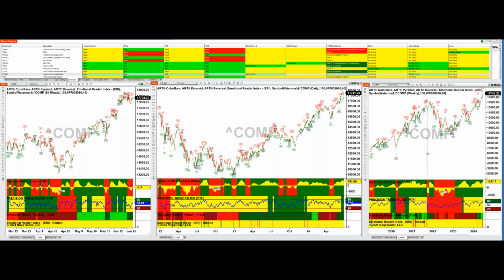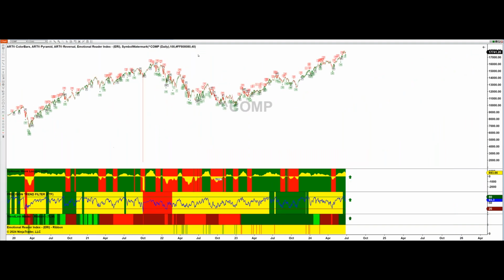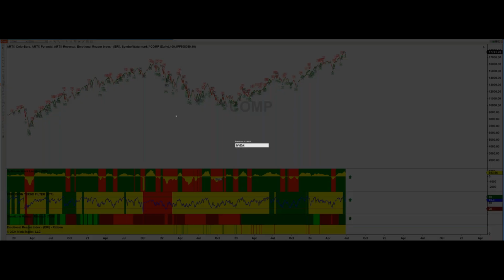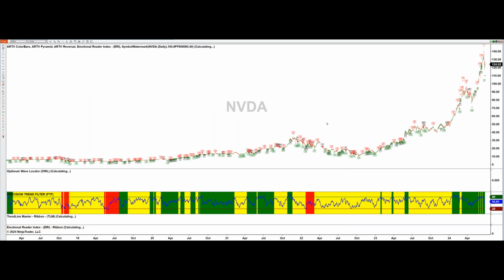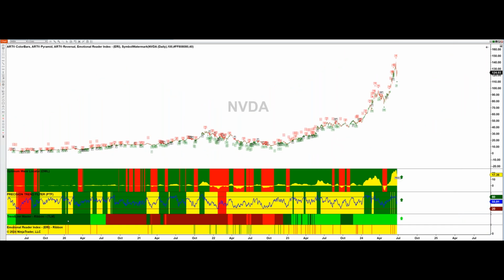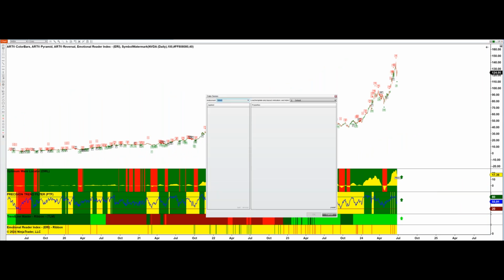And what I would do is create a new workspace or a new tab for your sector. So you could just create one by clicking on the little tabs below here. So for example, let's just open up one chart here, okay? Let's click a tab. Let's put NVIDIA in, right? Okay, let's put that bad boy in. All right, beautiful wave 3. Look at that, gotta love that, right? All right, so now if I wanted another tab, I would come down here, click on that, and then go here, and I could put the COMP up there, which basically is the